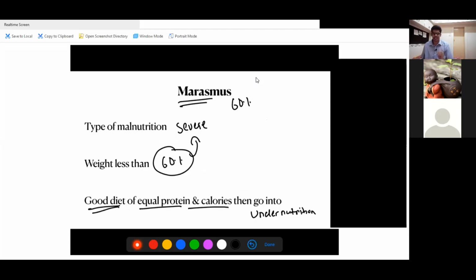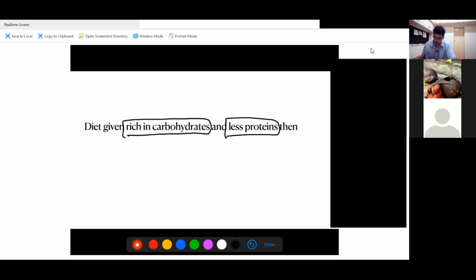So now before making a diet chart, it was very important for us to know where we can push the patient thinking we are giving him a good diet. It's very important to calculate the values. Hence, 2 days back we sent you the diet chart so that you note it down, because while making a diet chart, you write the calorie value, because each value carries importance to where your patient is going to head. Fine. So you give a diet rich in carbohydrates and less proteins. So this patient goes into a Kwashiorkor. Okay, Kwashiorkor, or you can say marasmic Kwashiorkor if he's still below 60%. So the main is the Kwashiorkor word.